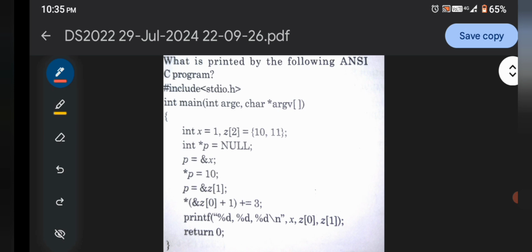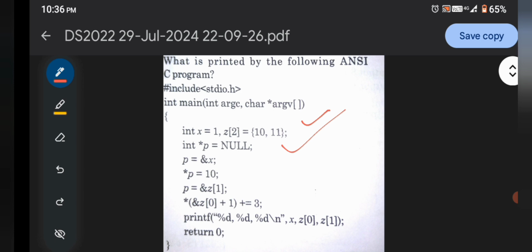So here in the int main function there is an argc argument, and here the argument is a pointer argv. Now coming to the initialization of the x variable to 1, and here an array z with two elements, indexed 0 and 1, that is 10 and 11.